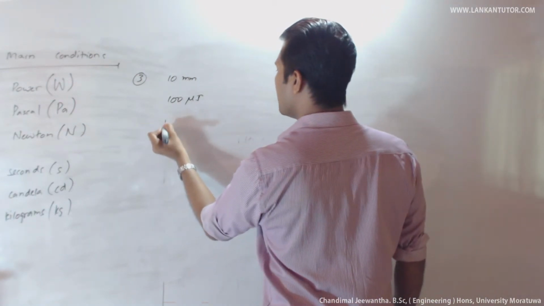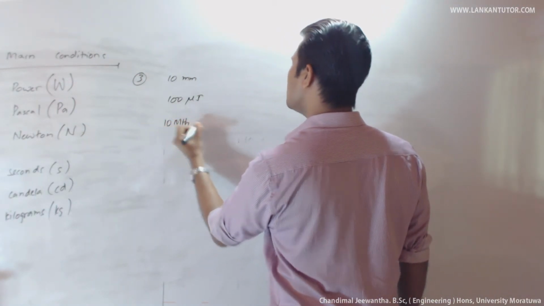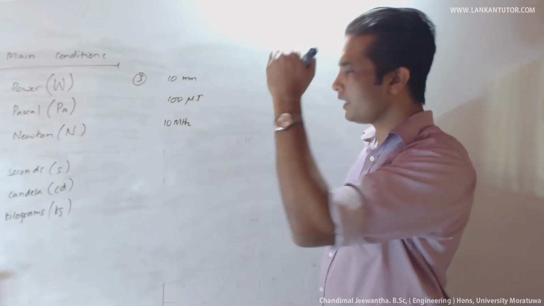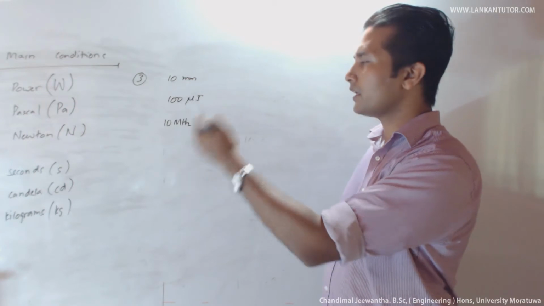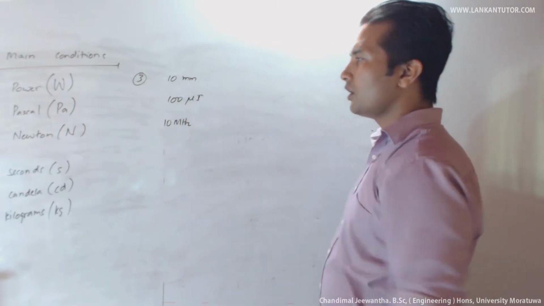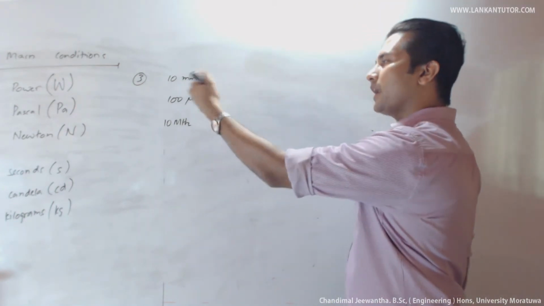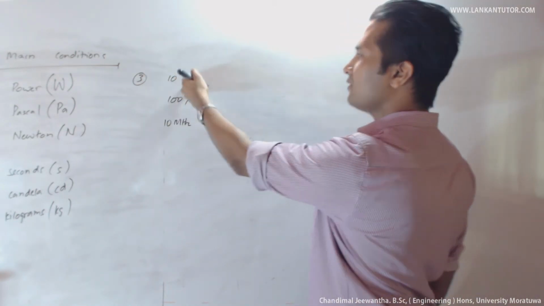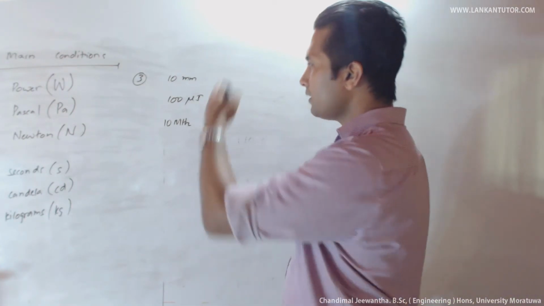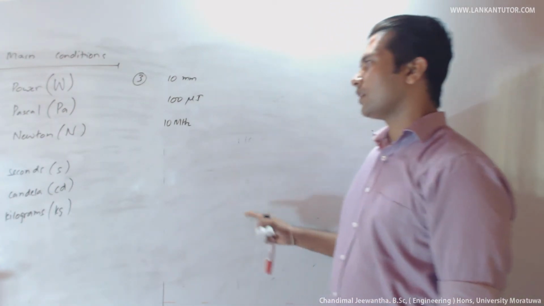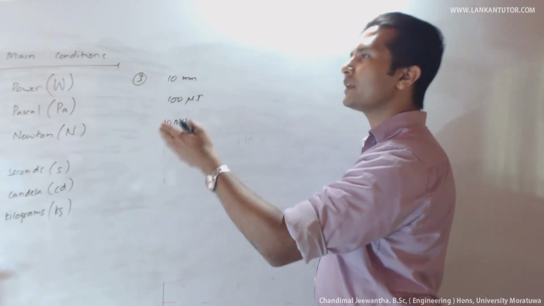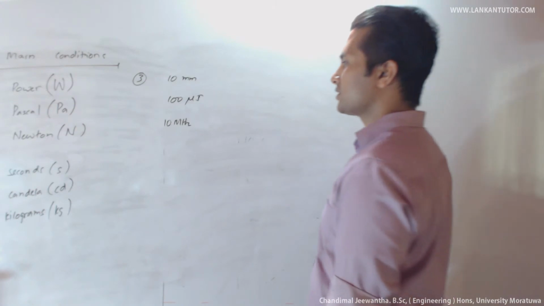When considering 10 megahertz, mega is the prefix. So mega should be before writing the unit as hertz, and micro should be put before the joules, and followed by milli, it should be before the meters. And make sure there should not be any gap in between the unit and the prefix.